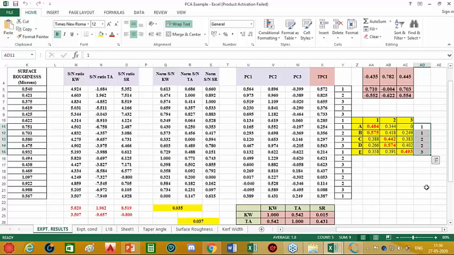The first thing is that we don't have to assign the weights, because the weights are obtained internally by the process itself. And second, by considering those weights, the principal component analysis is able to find the best combination which takes care of all those responses. So this is how principal component analysis is used to determine these weights automatically.